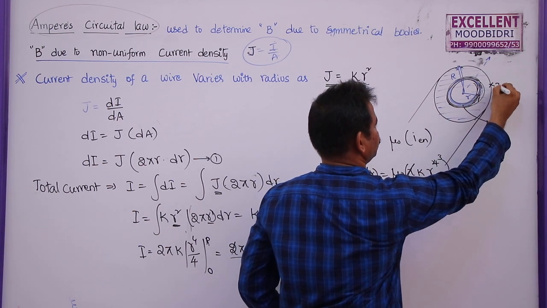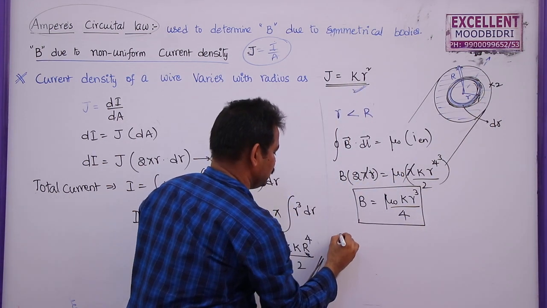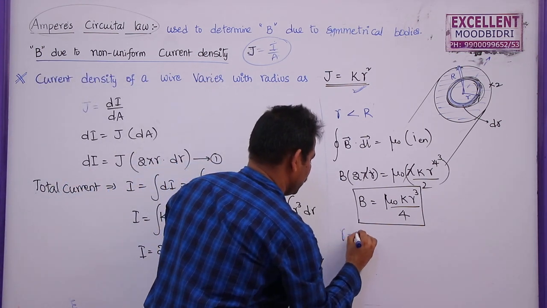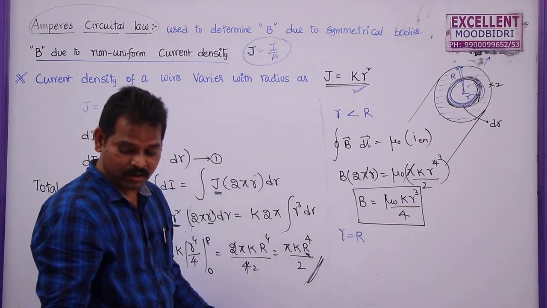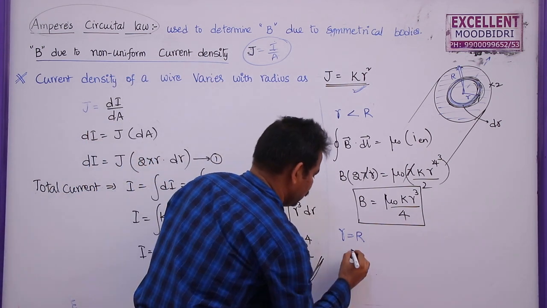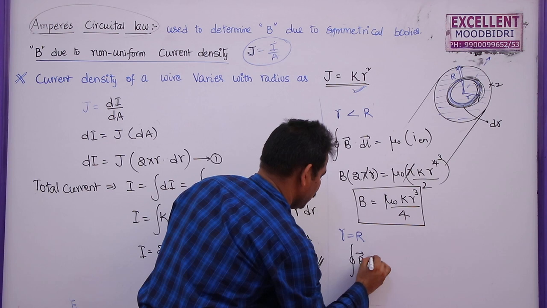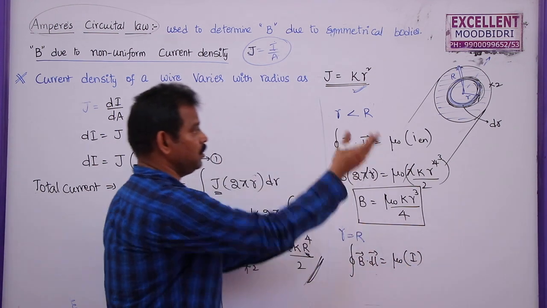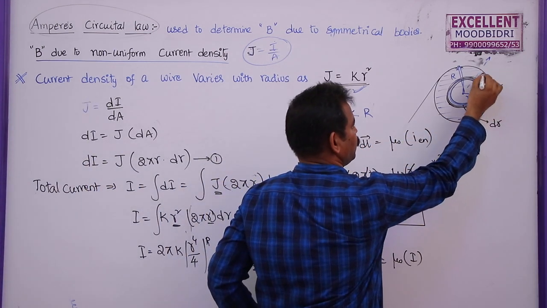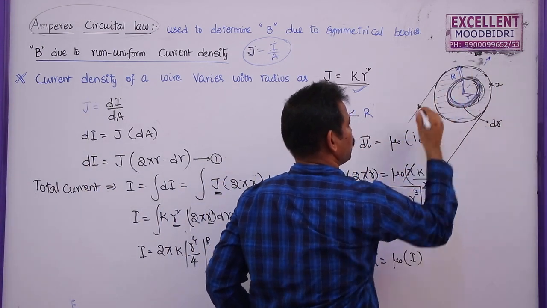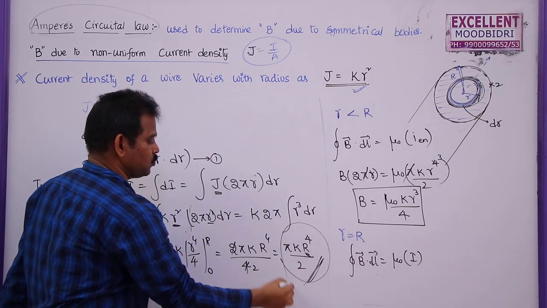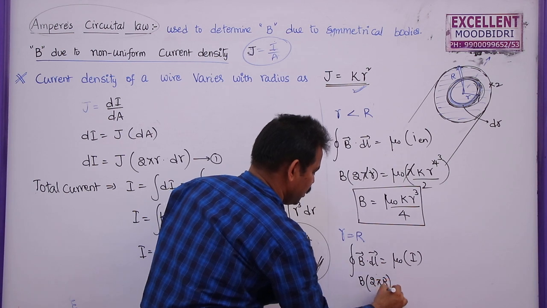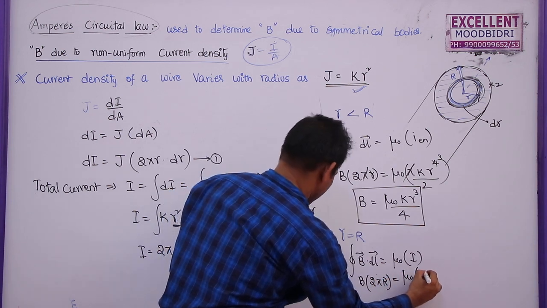What is the magnetic field at this point 2? On the surface, that is, if small r is exactly equal to capital R, then what is the magnetic field? The line integral of B dot dl is equal to mu naught times the total current through this. Why? Because this is point 2. If you construct an Ampere loop here, it will enclose the total current passing through this, which is the total current. So directly you can write B into 2 pi r is equal to mu naught times